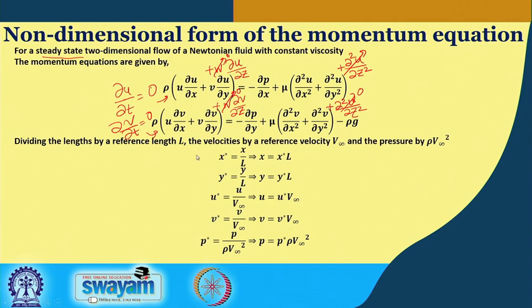So, similar to what we have done for the continuity equation, we are also defining all these non-dimensional equations like this: x star equal to x by L, y star equal to y by L, u star equal to u by v infinity, v star equal to v by v infinity. And here comes the thing next, which is the pressure. Now, in this case the pressure has to be somehow obtained, a non-dimensionalization of that has to be done through some other kind of combination of the existing parameters.